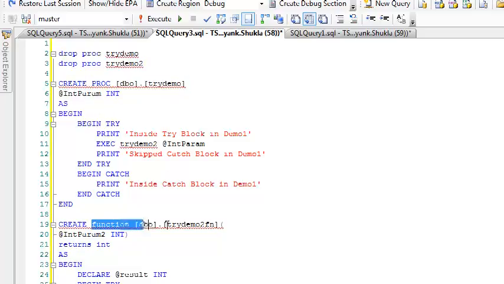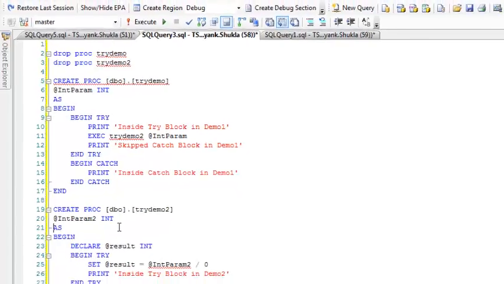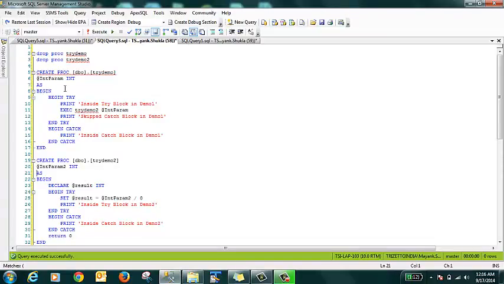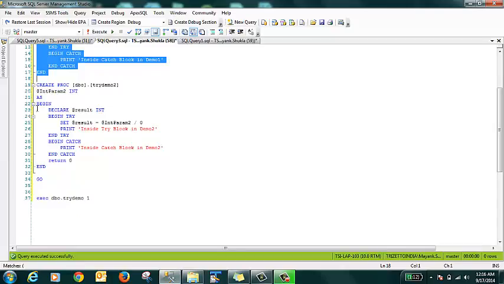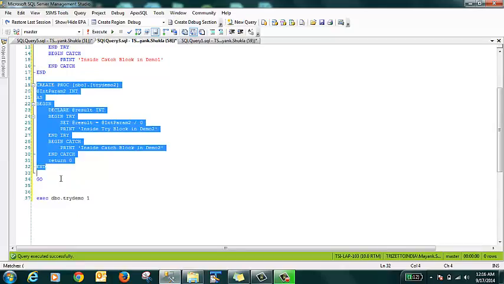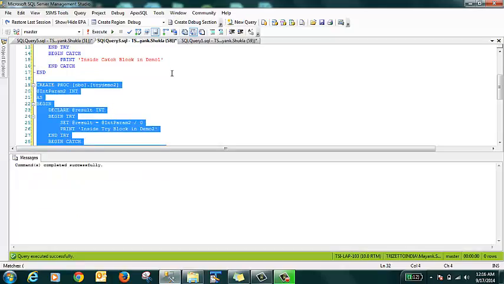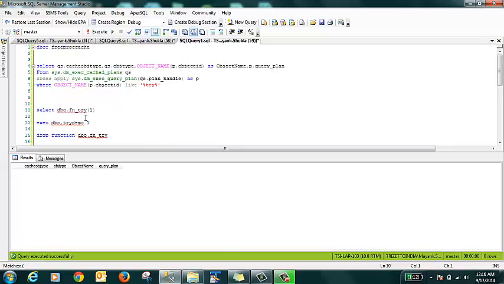Okay, so let me quickly create it. Try demo 2. I have changed many things over here, so these things are not required anymore. Yes, I'm fine. I'll create this. I'll create a function.